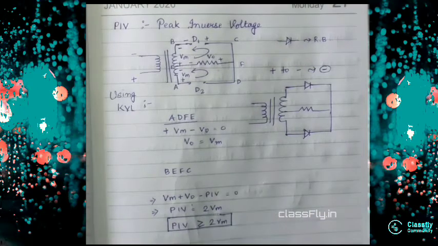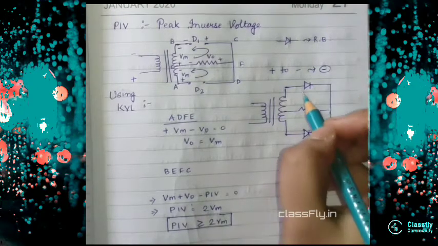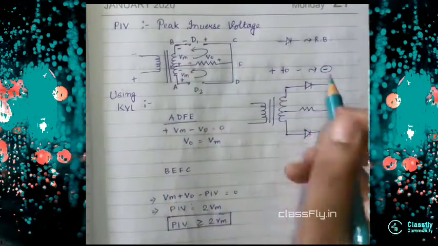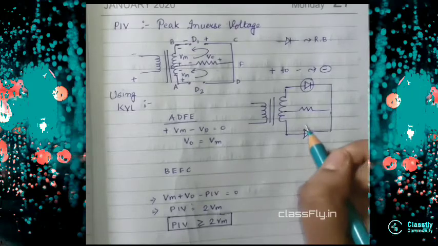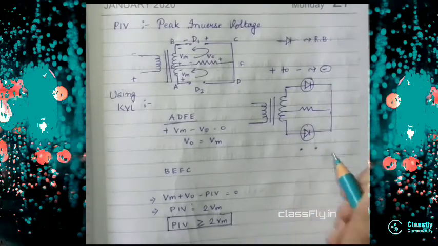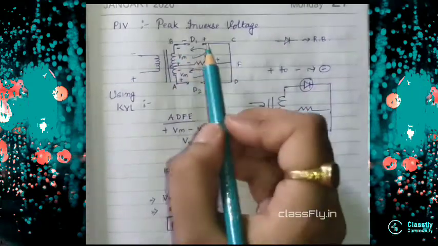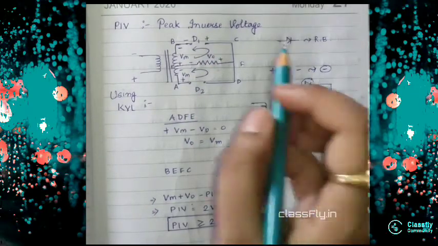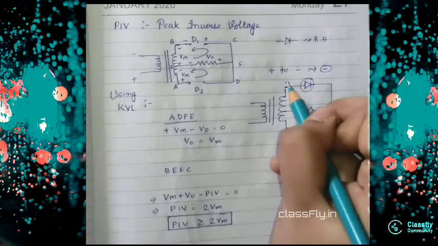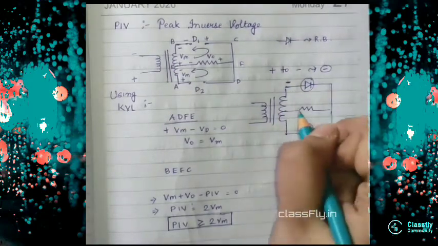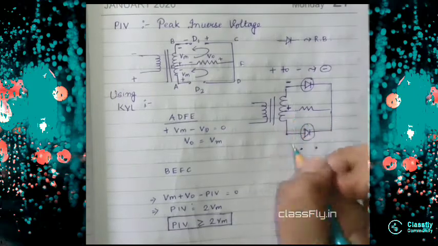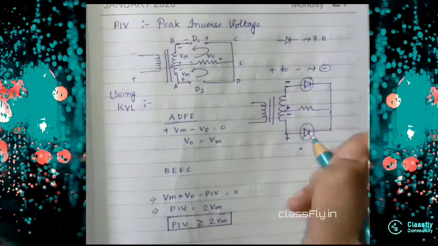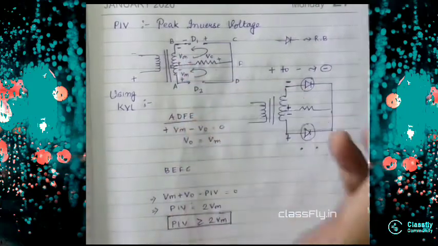Okay, so see here in this one we will do reverse biasing. That has been done here. We will remove these two diodes and we will make it an open circuit, which has been done in this circuit. As we will be doing reverse bias, this terminal will be minus and this one will be positive, right? And similarly, this one will be minus and this one will be positive, right? The same thing has been done here.